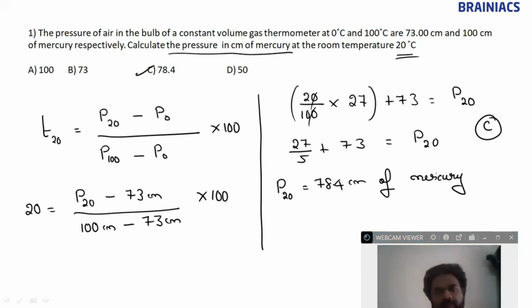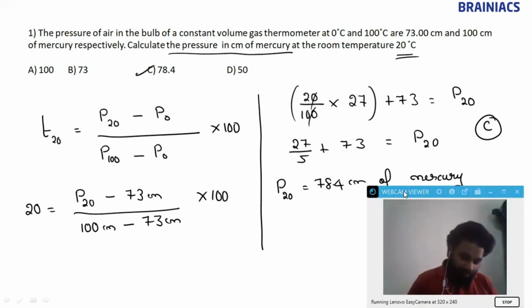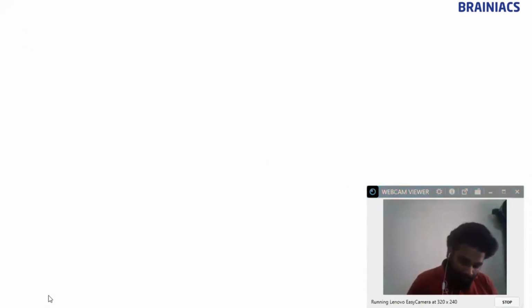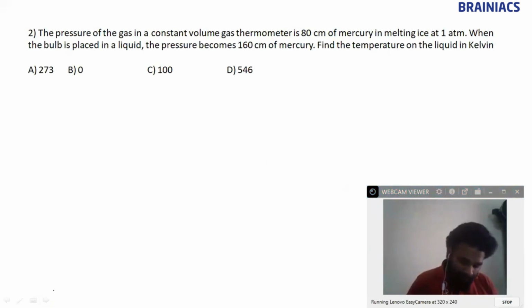Okay, so this is an easy concept, easy problems. Once you know it, we can do it. Clear? Shall we move to the next problem? The next problem is: the pressure of the gas in a constant volume gas thermometer is again 80 centimeter of mercury in